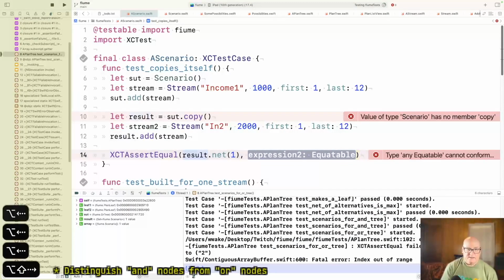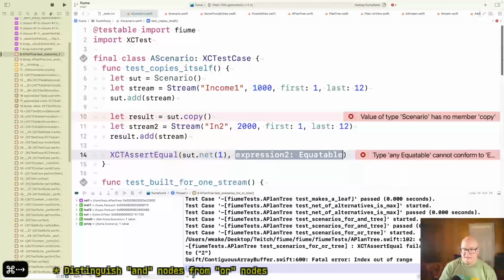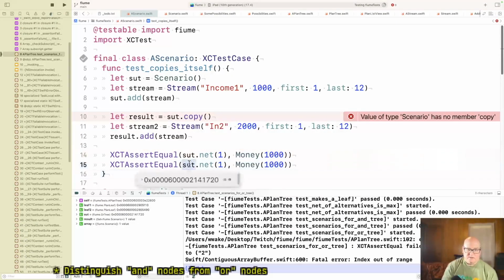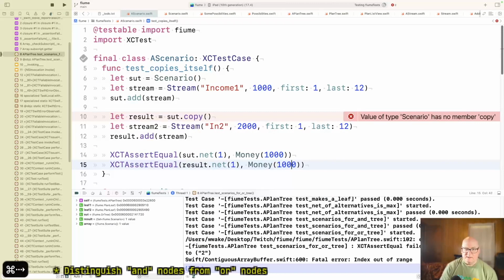Sorry, sut net in one should be $1,000. But result net one should be $3,000. Okay, so I'm creating a scenario with a stream in it, I'm copying it, then I'm modifying the copy, and those two things ought to be independent. So the original one should be untouched. The new one should contain both those incomes.